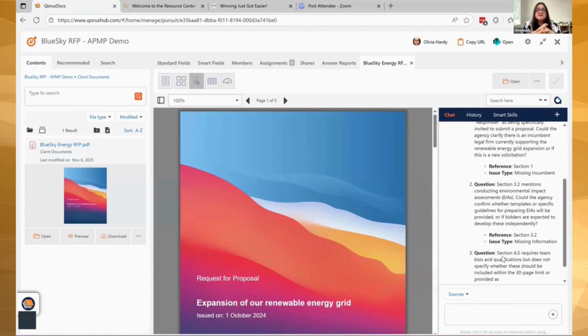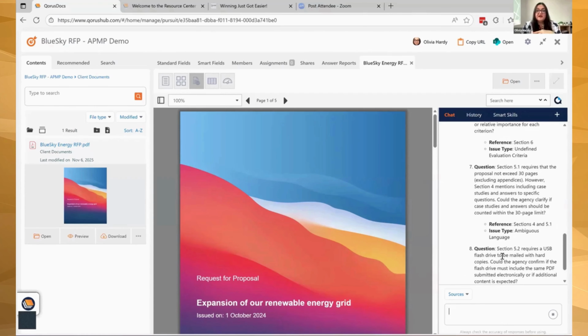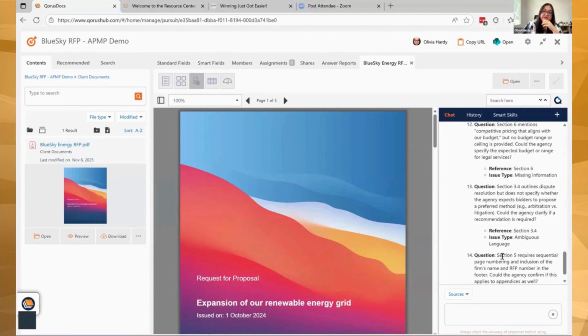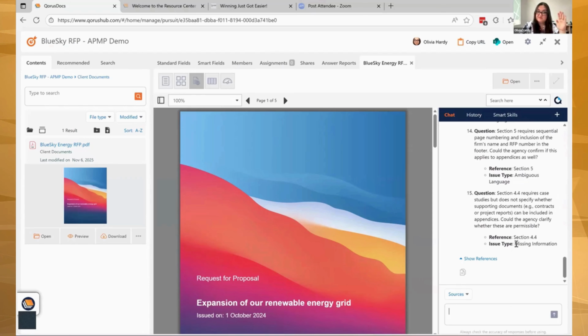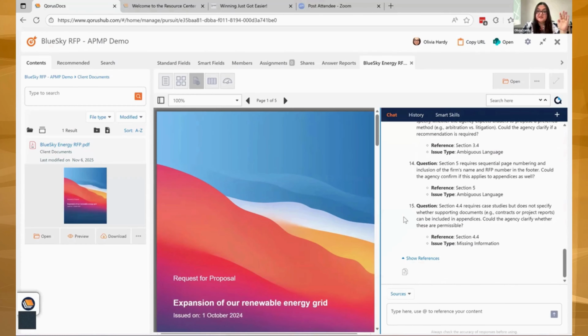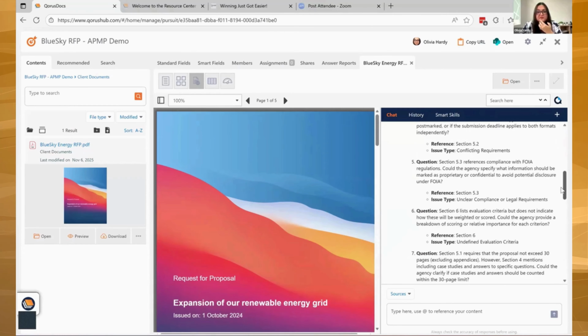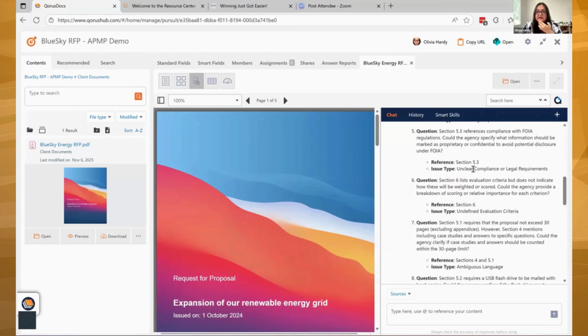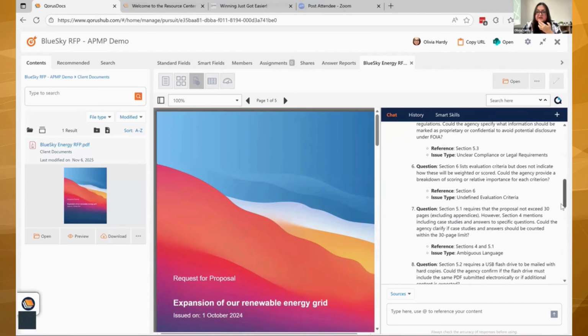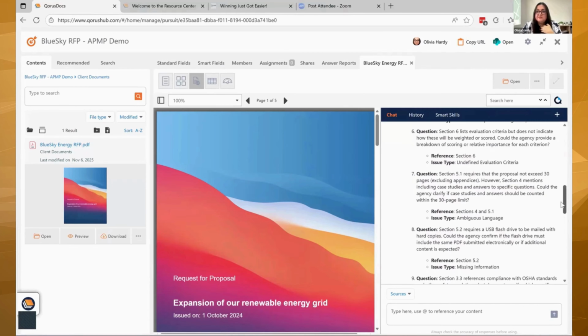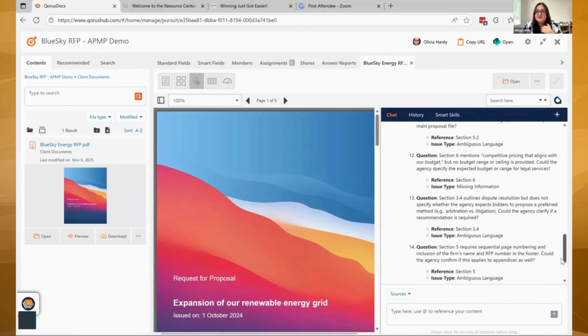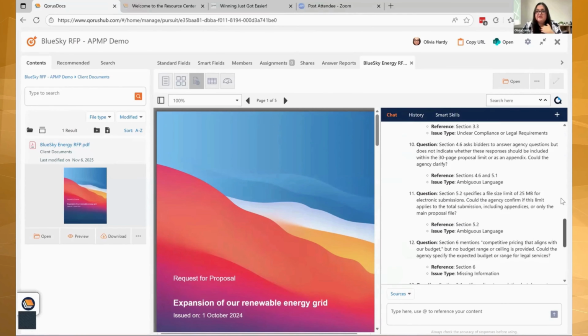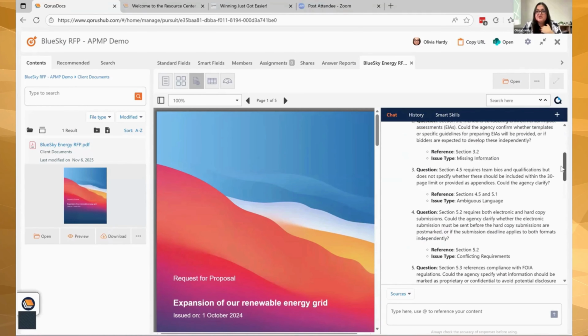And so now it will take into account the amended instruction that I've given it and provide this analysis back to me. And I really like the format that it does it in, and you can really get quite detailed with the format. So it's given me multiple clarification questions, unclear requirements, unclear criteria, which section it was found in, ambiguous language, missing information, and so on. So I've got a lot of good stuff here, and this I can use to then go and put into clarifications log documents and use that as a basis and a start point for my clarifications.